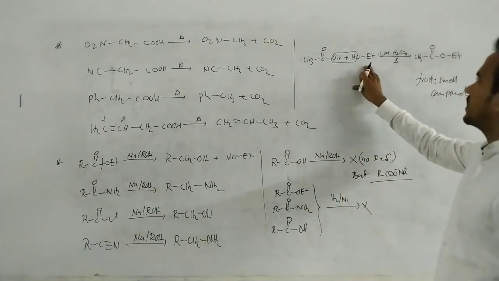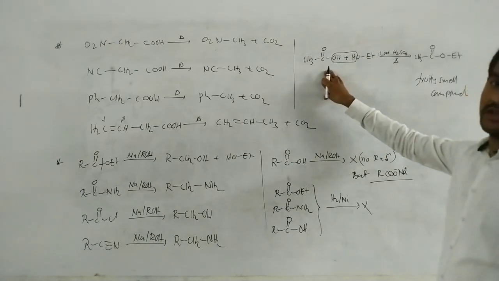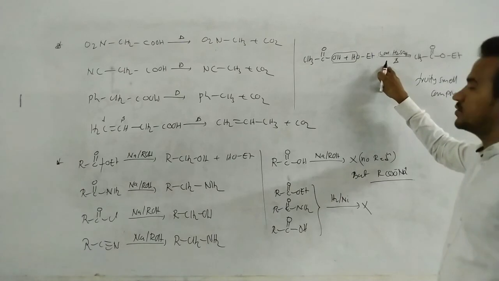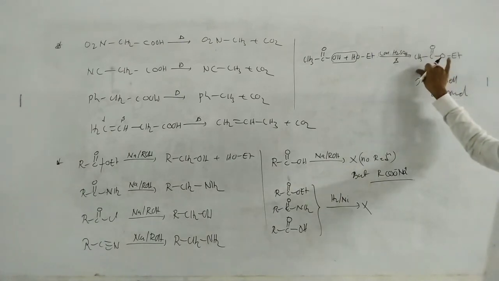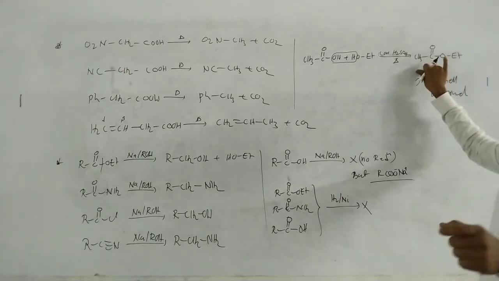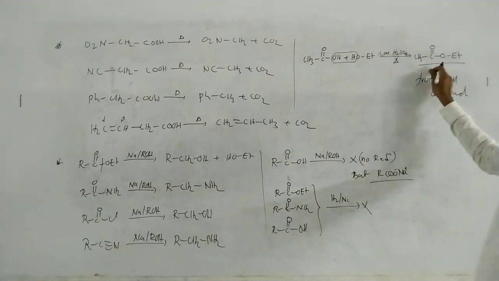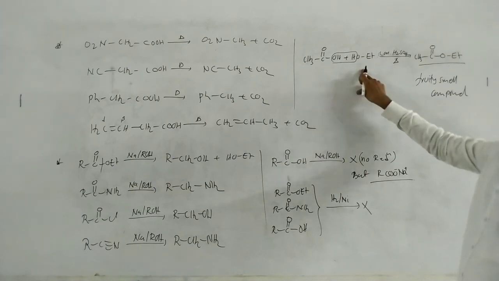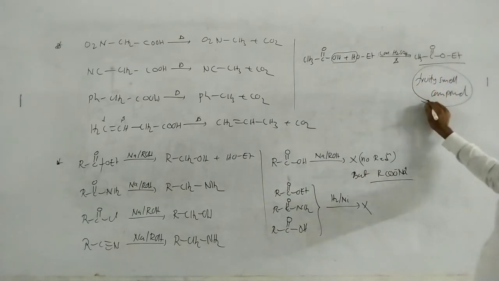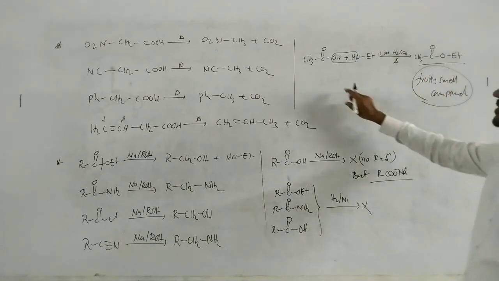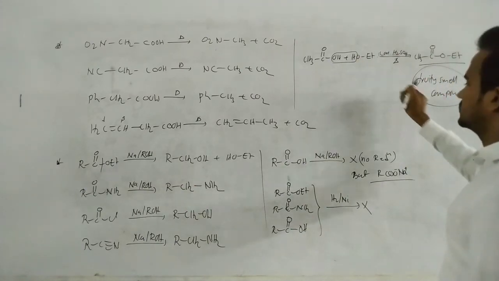Okay, this carboxylic acid and ethyl alcohol. And our acetic acid on heating with ethyl alcohol in the presence of concentrated H2SO4 gives an ester as the product. Actually, I forgot one point to say: this ester molecule formed from acetic acid and ethyl alcohol gives a fruity smell. Okay, this ester has a fruity smell, which is formed from acetic acid and ethyl alcohol.